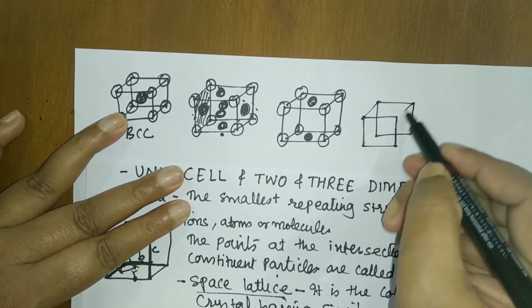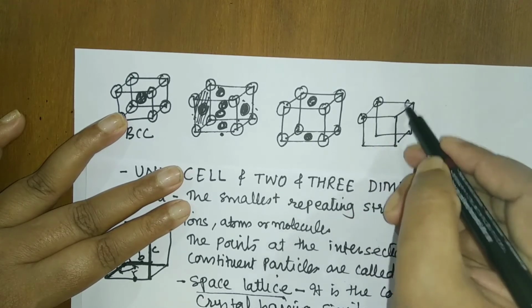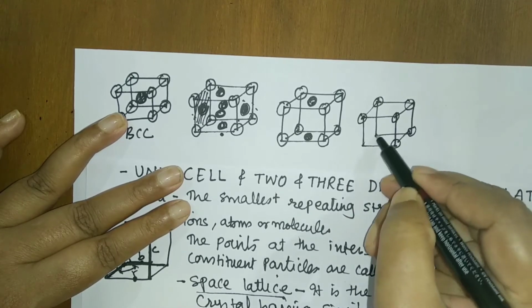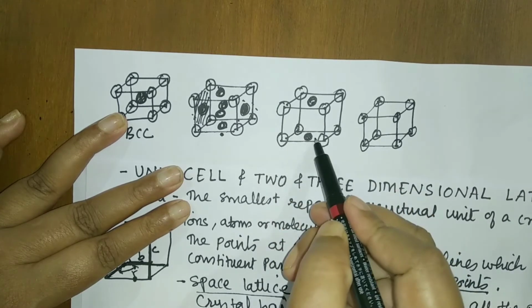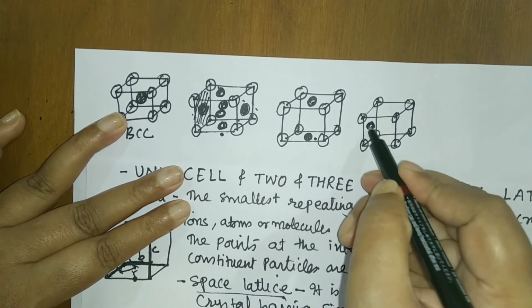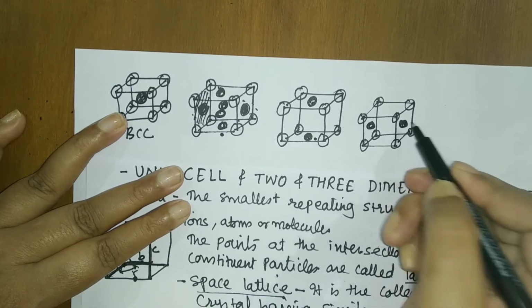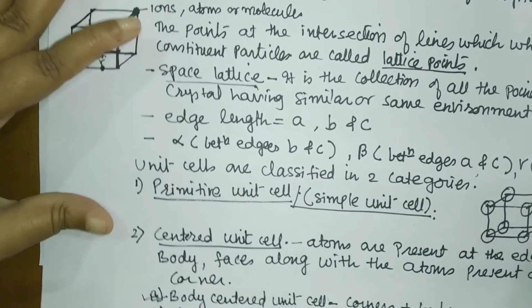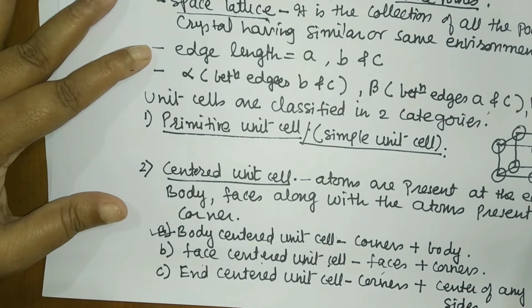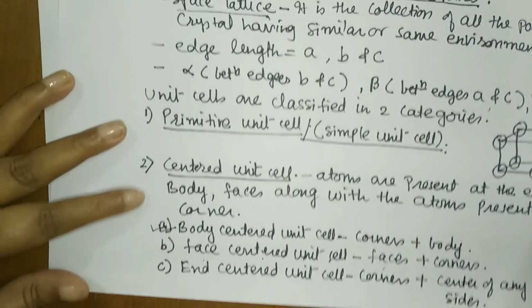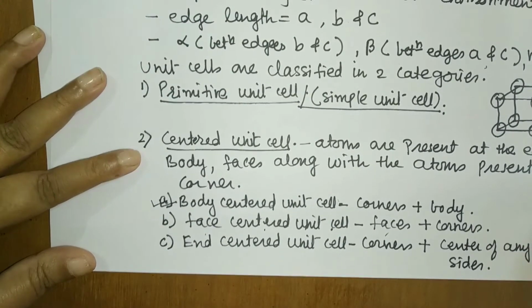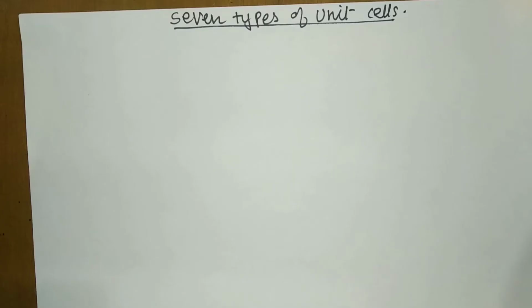So here if I show the structure of the unit cell other than the corners. Now I'm not interested in this end, so you can select this end. So in that case the other atom will be on this face. So this is all about the two types of the unit cells, primitive and centered unit cell. Now let us see the 14 Bravais lattices.